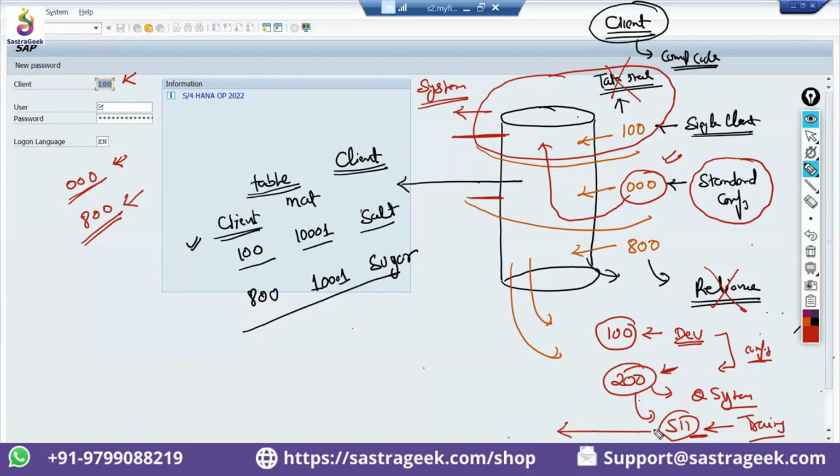One more thing: when we talk about the client, how the SAP client is created, why is a separate system taken? One of the reasons is that 90% of things are common, but when it comes to SAP development, when it comes to the ABAP code, they share the ABAP code. ABAP code is not different. Configurations can be different. 99% of configurations are different. 100% of the master data is different. 100% of the transaction data would be different in each client. But there is a single ABAP code, which means if you do some enhancement,